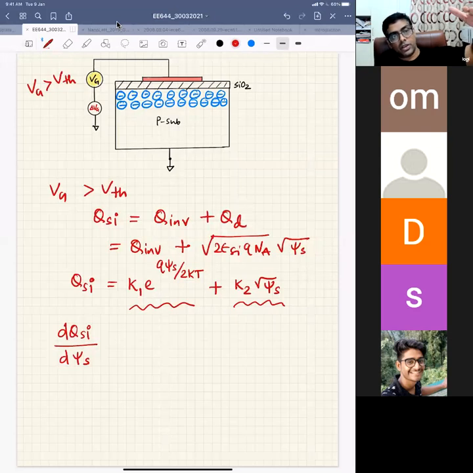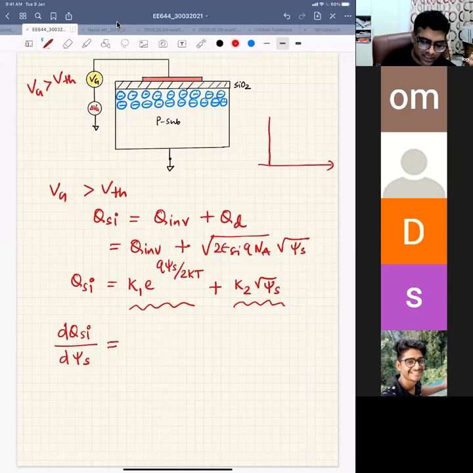So how much does the silicon charge change? Once the capacitor enters inversion, we discussed that your depletion charge is almost fixed, right? There is a small change, because we have plotted this Vg versus psi s,